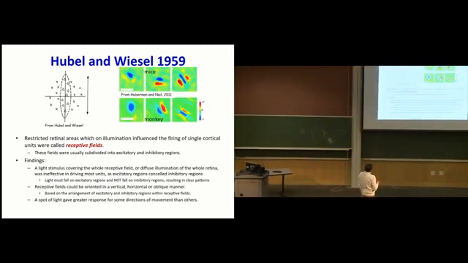So here are the kinds of responses that they actually found. This was mice, monkeys, these are all later research. But basically, if you took a spot of light and bounced it around on the retina, then what would happen is